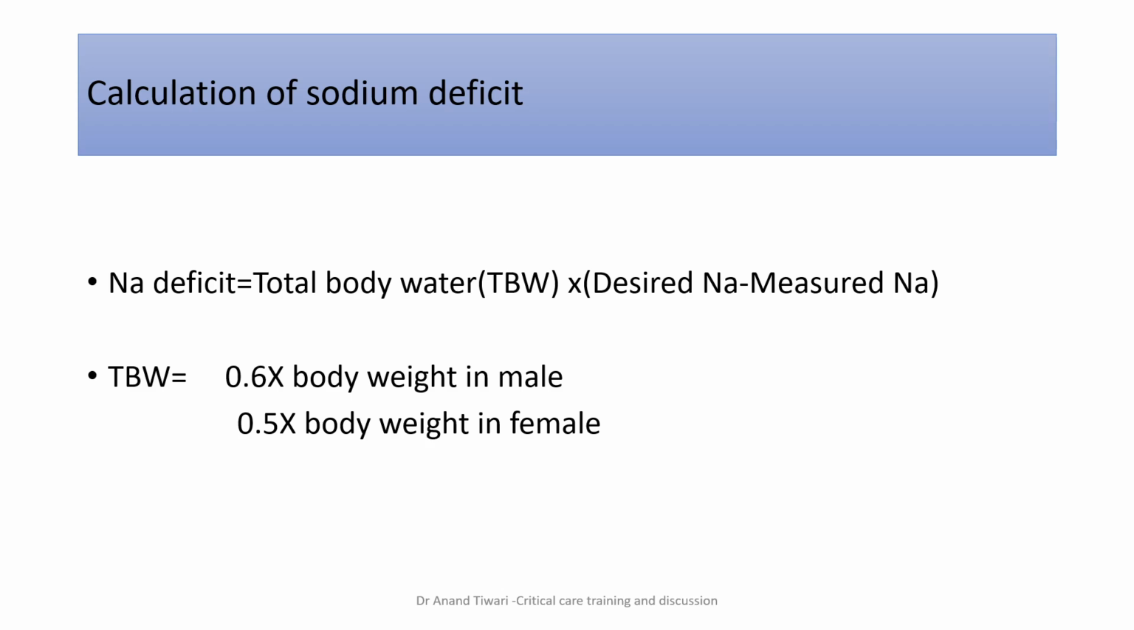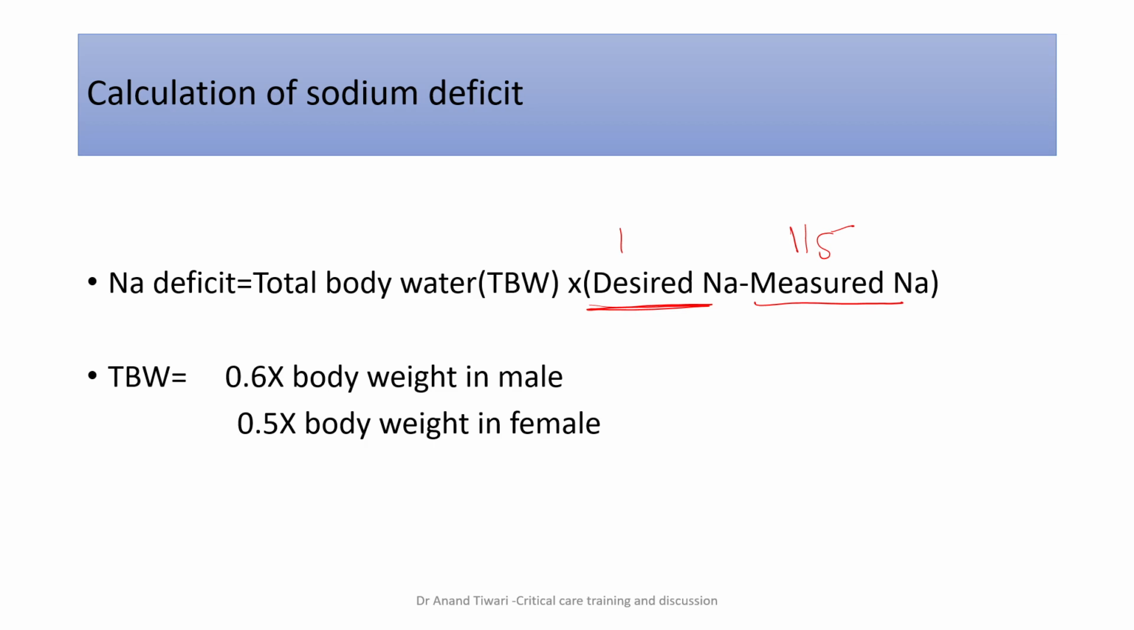Now we know that sodium deficit has to be calculated, and we know that rapid correction can cause osmotic demyelination or central pontine myelinosis. So that's why the desired sodium is to be kept around 8 to 10 milliequivalents more than the measured sodium at which symptoms have occurred. Suppose the measured is 115, we want to give the safe